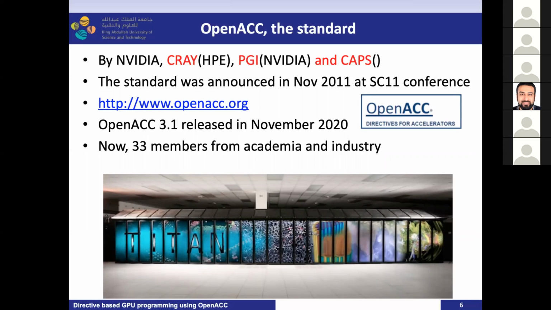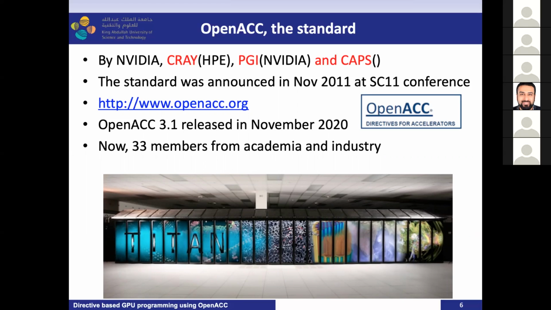At that time, NVIDIA collaborated with Cray, the manufacturer of Titan, PGI, a software company that had some accelerated component in their compiler,